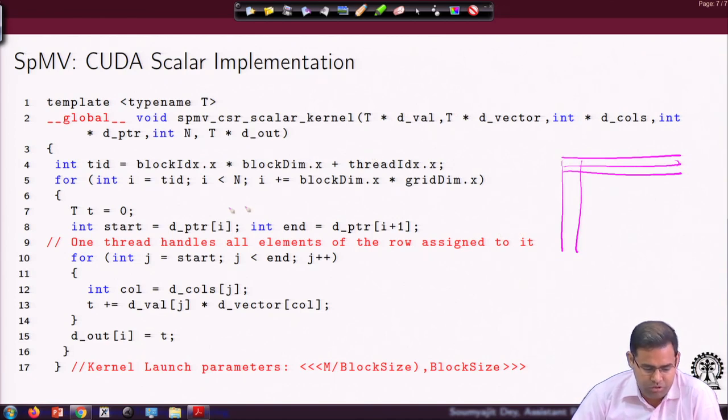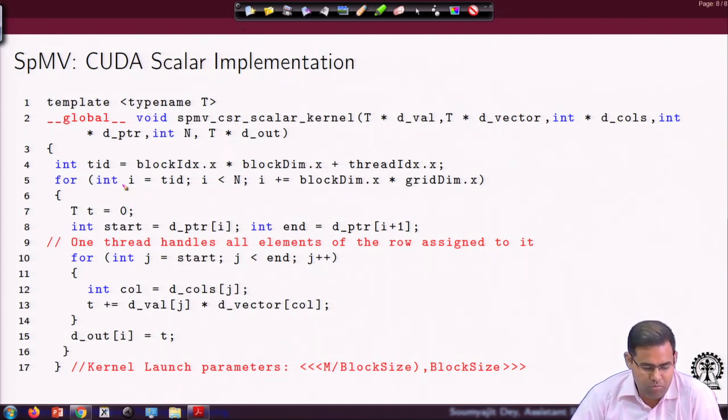The thread in each of its iterations has to get values like this, I mean from which location of the matrix that I index will be found by incrementing I by block dimension multiplied by the grid dimension. As you can understand, this multiplication gives me the number of rows. This multiplication is going to be the number of rows of the mathematical matrix.